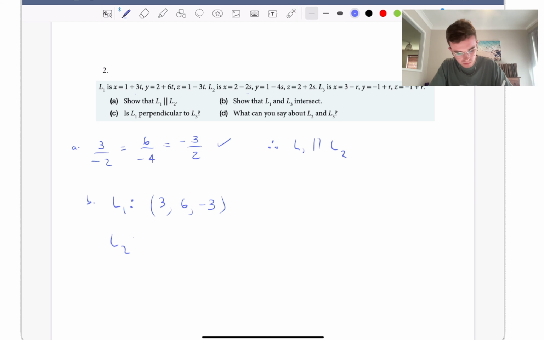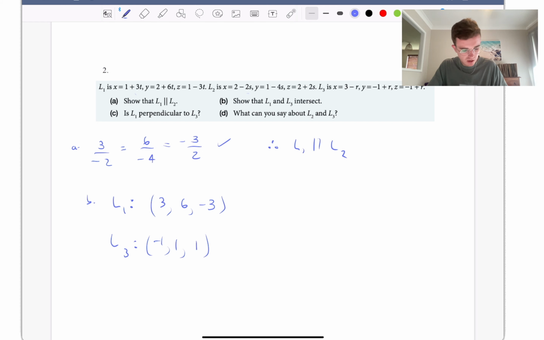L2 is going to be, where's L2? Oh, we're doing L3, sorry. L3 is minus 1, 1, 1. Okay, and we want to show that they